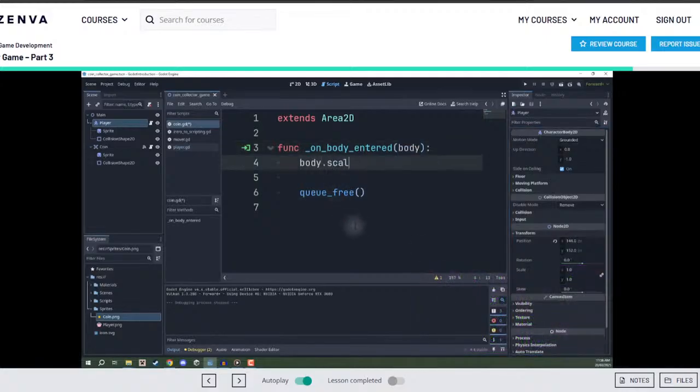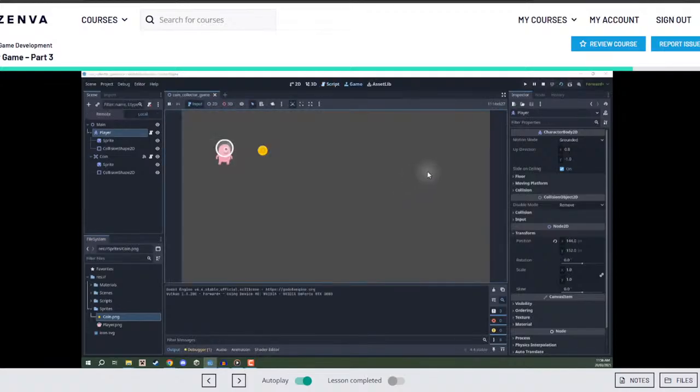So we can go body.scale.x, and we'll just go plus equals 0.2. And let's do the same thing for the y-axis as well. Body.scale.y plus equals 0.2. So we are essentially increasing the player's scale by 0.2 every time they pick up a coin. So now if I press play, you'll see that when I pick up the coin, the player gets bigger,